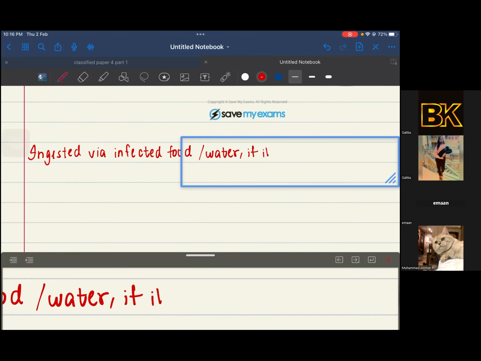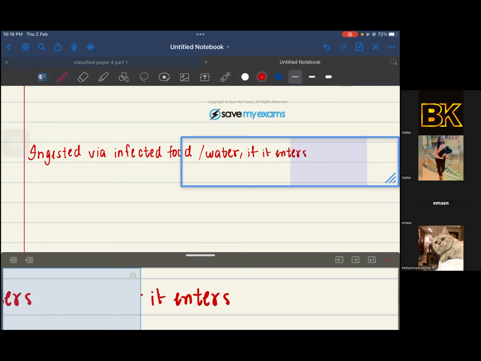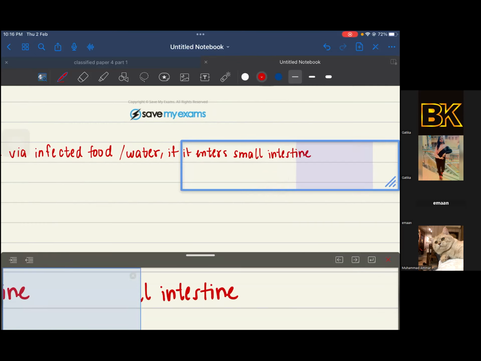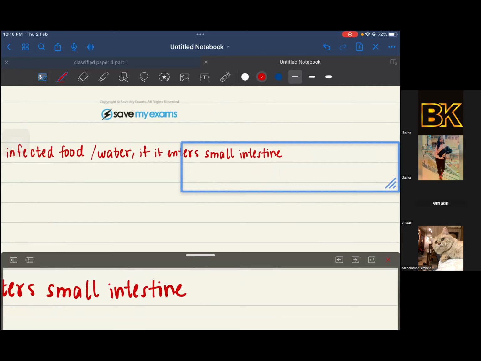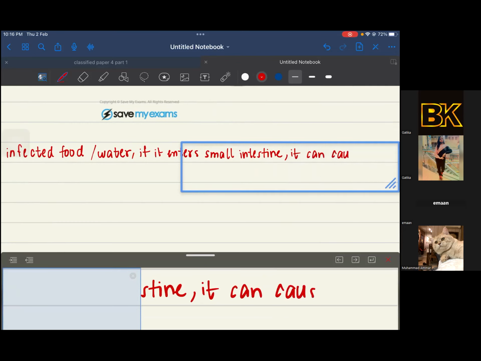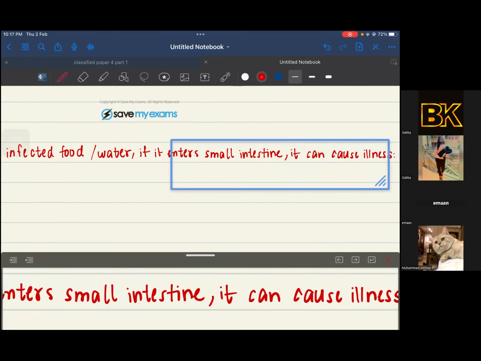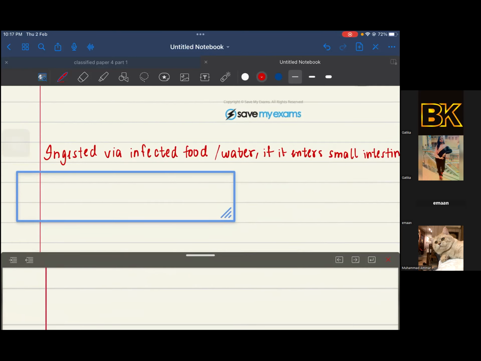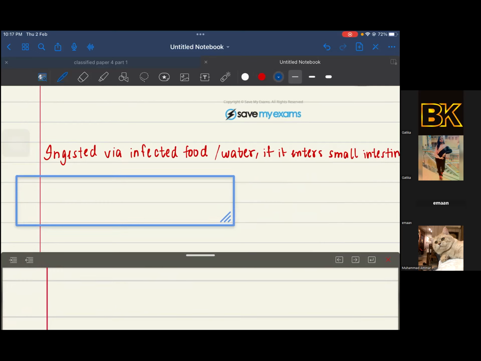Okay, if it enters the small intestine, then it can cause illness. And now I'm going to write how exactly it causes illness, and I'm going to number these according to the diagram right here. Okay. Number one,